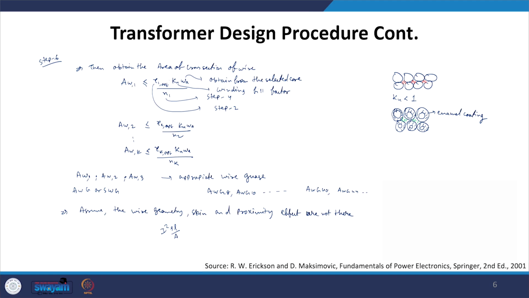So there are several transformer design procedures, where the simplest one is the area product method, where the maximum flux swing is considered. However, in this case we have assumed that the flux swing is such that we will get the minimal total losses in the transformer. That means we have the optimum value of maximum flux swing, and that is when we will get the minimum total losses in a transformer. Similarly, one can also consider the skin effect, the proximity effects, or you can say the AC loss effects, and then design the transformer accordingly.